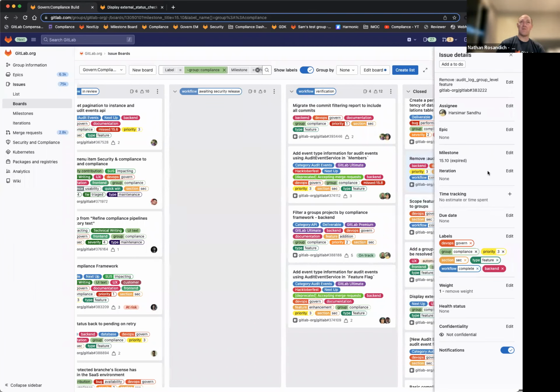Remove audit log group level feature with Hasima. I don't know if anyone else helped verify or knows about this one. It's just we have that feature flag that was never turned on. We have another ticket to implement a feature of returning group and project audit events under the same API endpoint. We have that feature, but it didn't work because it was too inefficient. So this was